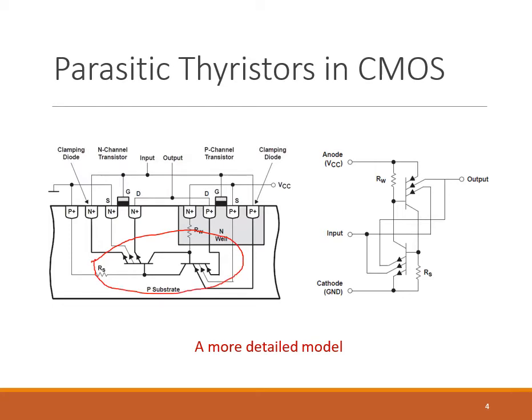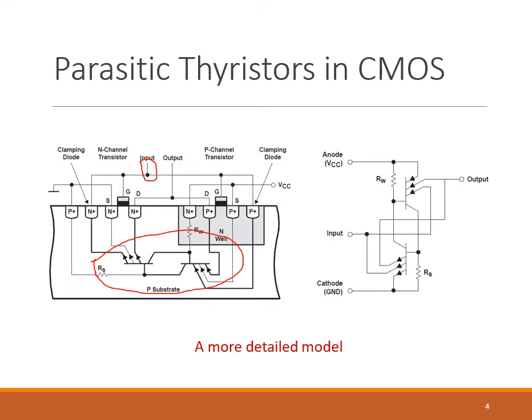Means even after the removal of this input supply, this current will continue to flow through these two transistors, so that the overall process will be self-sustaining. So in that case, due to heavy current flow between the supply and the ground, due to shorting of these two devices, the heavy current will flow and that will cause damage to the transistor, and the transistor can even burn.